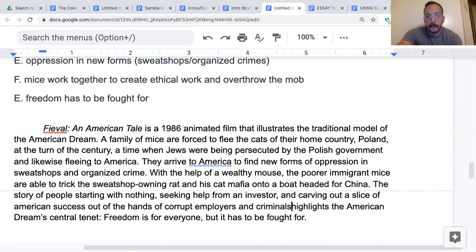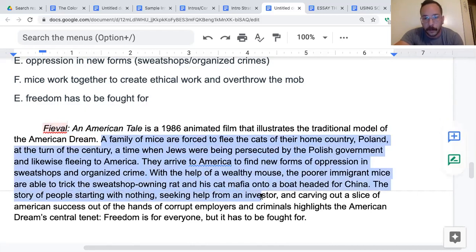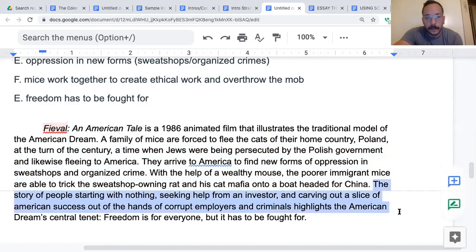Highlights the American dream's central tenet. Freedom is for everyone. It has to be fought for. So notice I have my topic sentence, very simply explaining that I'm going to be illustrating the American dream. I have my summary. This is my summary of the film, where I summarize the entire film in, I think it's 3 sentences, right? And then finally, I have my concluding sentences, wrapping it all up into the point that I want to make,